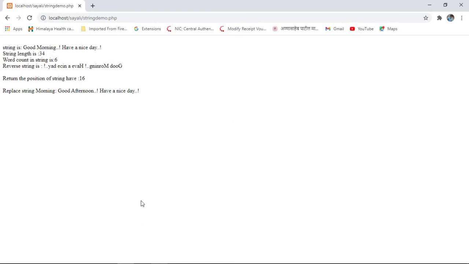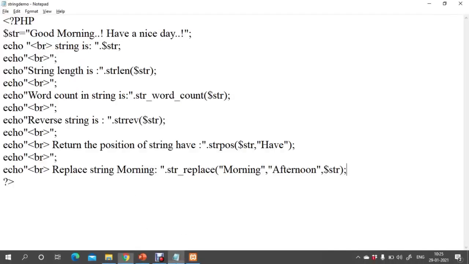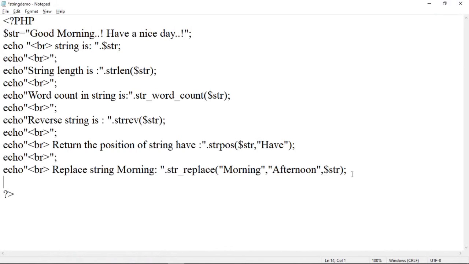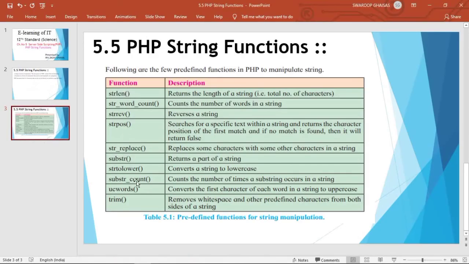So in this way you can use the different string functions in your program. Try to use all the functions that we have discussed today. See here is the list of different predefined functions in string. Let us use one more function.